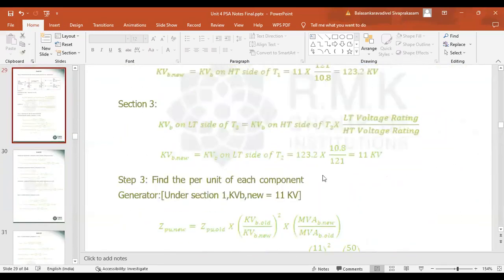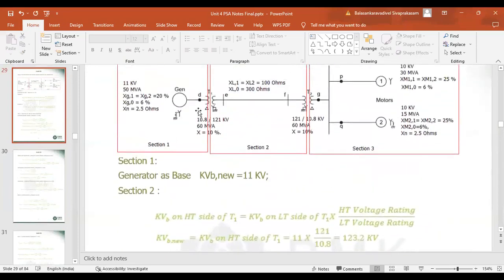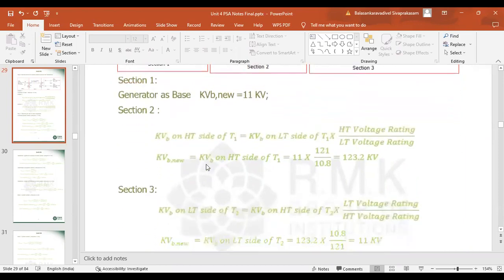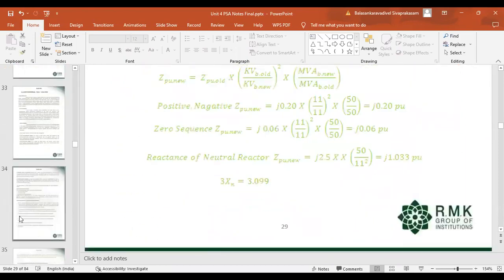So in your problem, the generator is star connected with neutral grounded. And here the transformer T1 primary is delta connected. So the current will flow through the circuit only when there is a ground connection. For the generator, it is grounded, and for transformer T1, it is a delta connection. Delta connection means current will be circulated only within the delta. It will not flow through the transmission line. So here, while drawing the zero sequence reactance diagram,